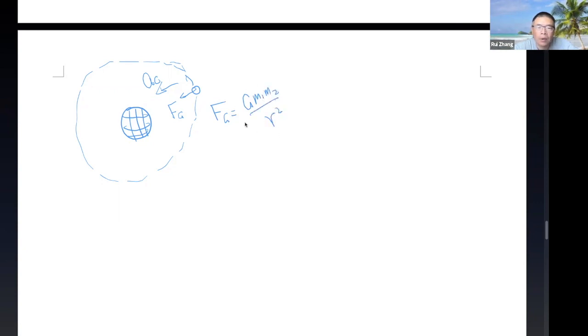This is the magnitude, and it is an attraction. It's universal gravitational attraction. It happens to any objects, you know. But here again, you can ask a similar question. If this is the only force on the moon, pulling it towards the Earth,